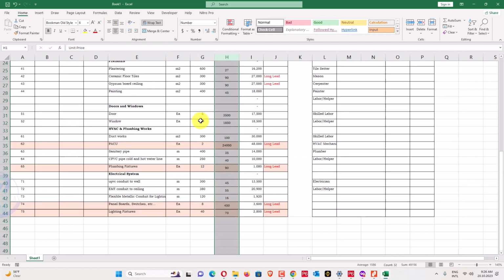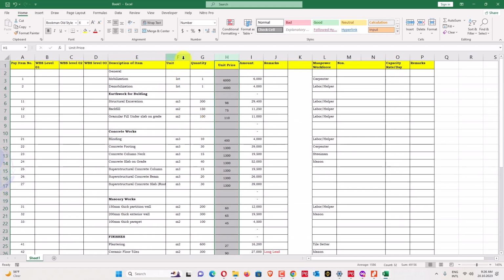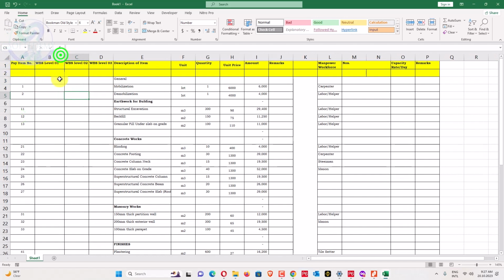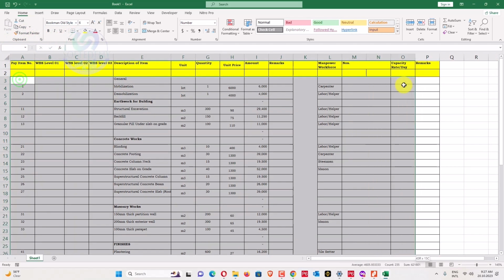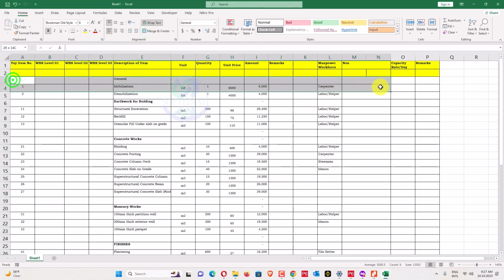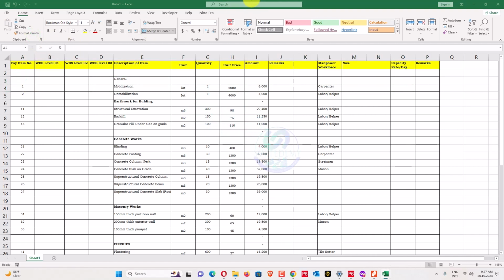We have this one, units, so we'll just make sure the units are aligned. We will create WBS first of all. As it's written, we need level 3 WBS, and you understand what the levels are. I hope you understand; if you do not understand, you will understand from this video. And now we'll go here, format this one, and first of all we have to create milestones. So the first one we will create is the milestone, and milestone will go here.